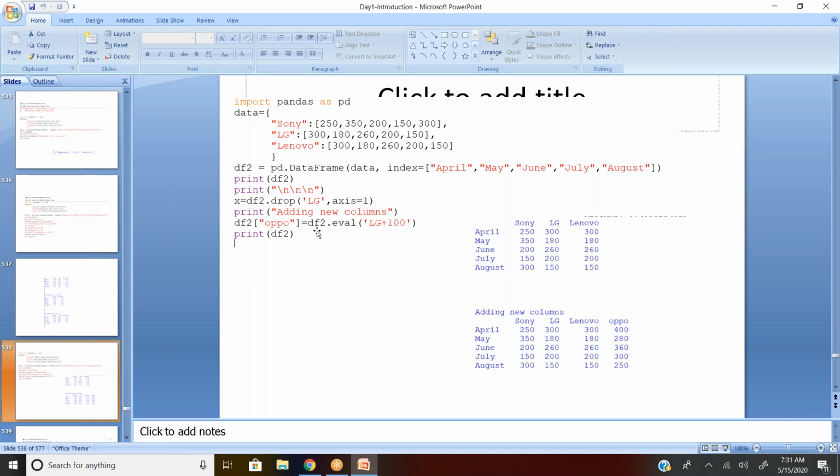So from the salary point of view, df2 in bracket revised salary or new salary equal to df2.eval, since I'm referring to the existing column. So in normal bracket, the old salary column name multiplied by 0.05. So 5% flat will be assigned to Oppo in the particular row. You can see here, for LG, the system is going to add 100 and store it into Oppo. In every row, it's going to be flat.